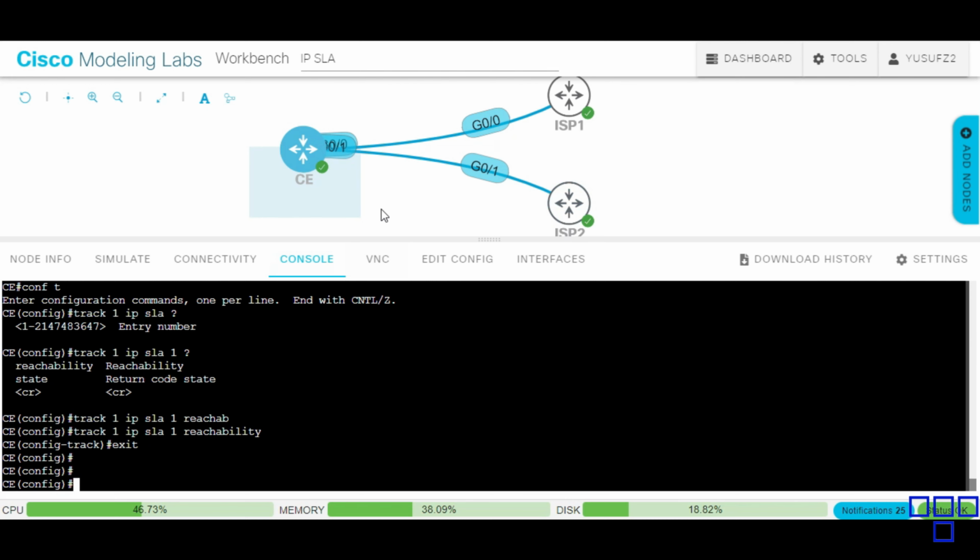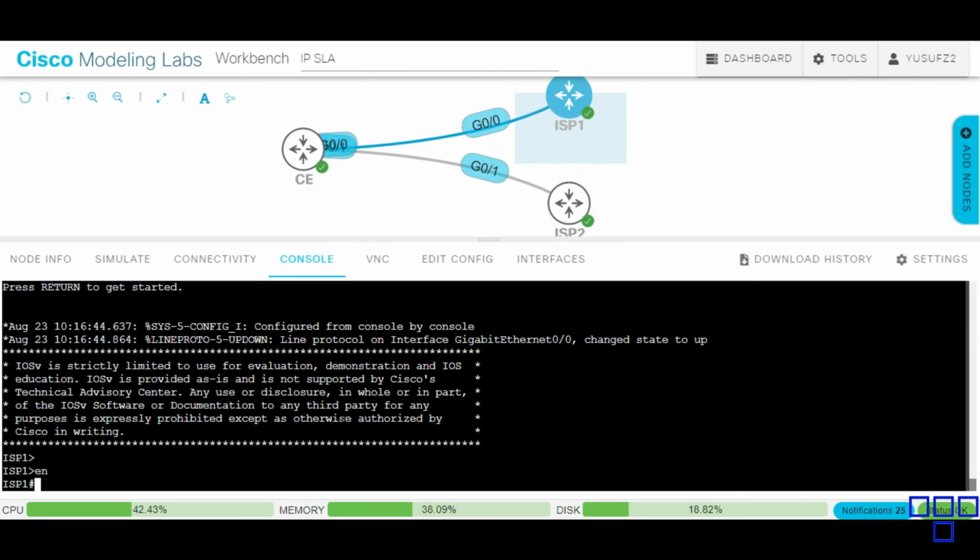Prior to object tracking, earlier in the lab, we only were using static routes, okay? And with static routes, it only considers the local interface on the router. Were ISP1 to fail or be unavailable, IP static routing would not be able to failover at that point. So object tracking allows us to make sure that this link is always up and working by sending probes using the TCP connect operation. So if I just shut the interface down on this side now,